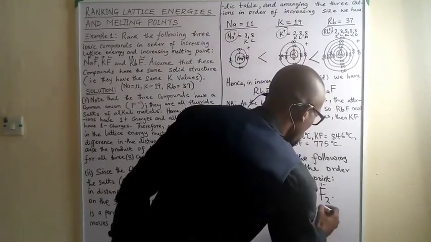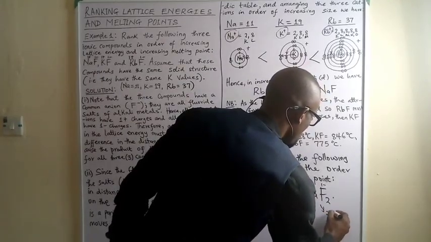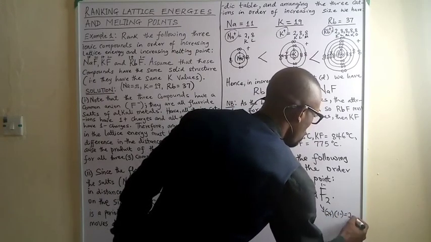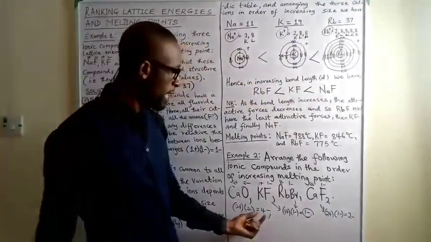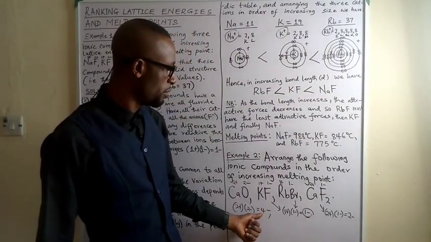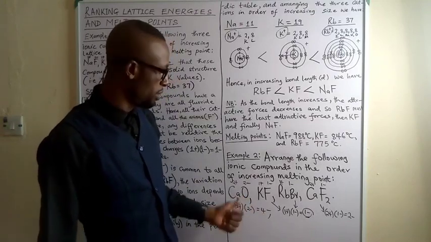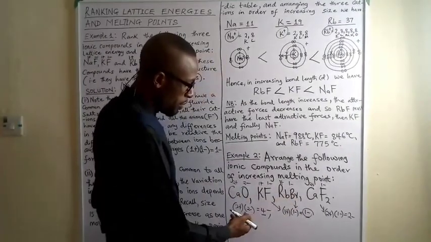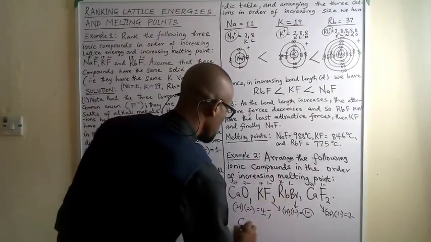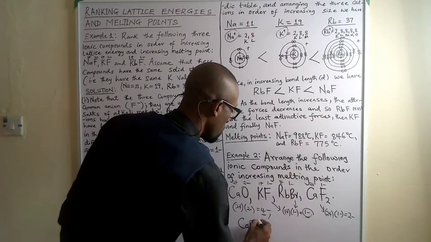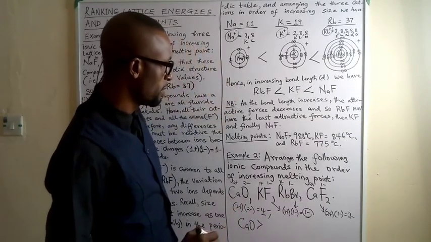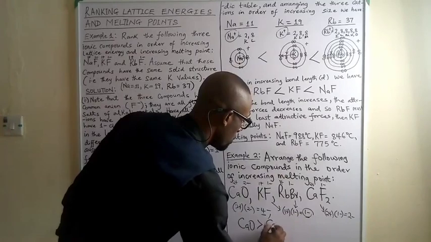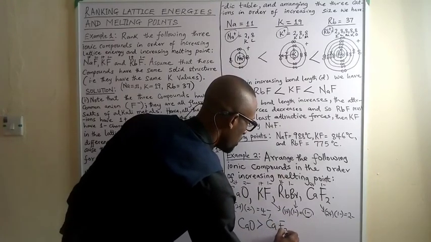All right, so if you check for this, the product of their charges is 2 times 1, or 2 plus into 1 minus, which is equal to what? 2 minus, as you can see. So the highest ionic strength is reflected in what? You look at it, you have calcium oxide with the highest ionic strength. So if you are ranking this, you discover that you have first calcium oxide, okay, is stronger than calcium fluoride, as you can see.